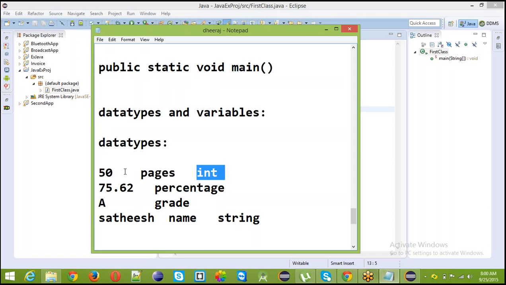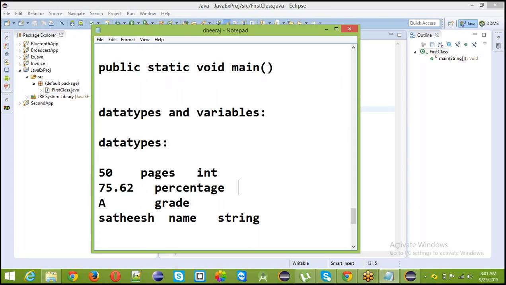Number is nothing but our data type, but we are not using a name for pages. This is a different data type for different use. In our programming language, we are using integer for 50 pages. Any number you want to show, you can use the integer data type. Percentage is not an integer, because an integer is a whole number. You can use only 50, 60, 70, but percent is different, like 50.62 and 19.25. These are both different.